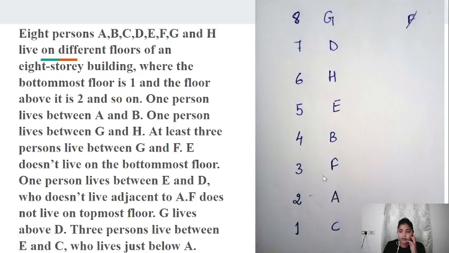And another condition: A, a gap of 1 person, and then B. So I have only place F left here, and in this way I solved the puzzle. So this is the answer for this puzzle. I hope you understand how to solve a puzzle using the finger rule, which is very, very important. If you are a beginner, please learn the finger rule.